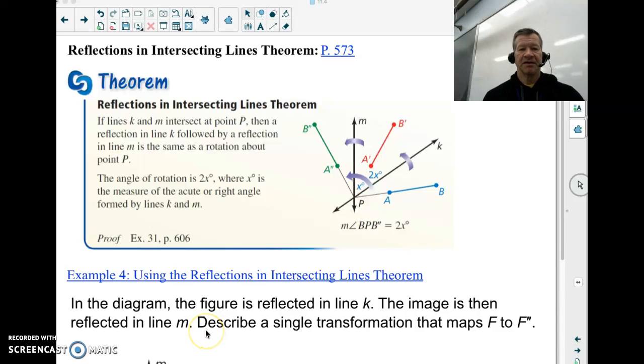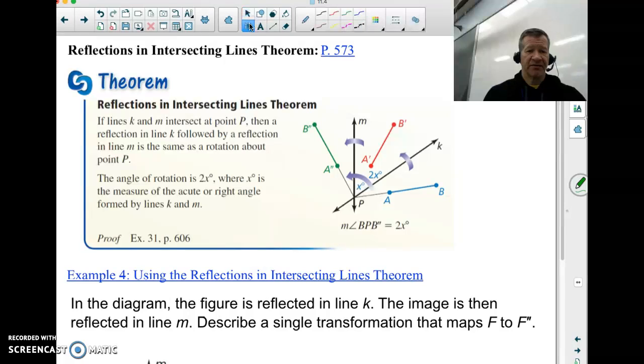All right, our final example in section 11.4. We've talked about what happens when we reflect figures in parallel lines. Now what about when we reflect them in non-parallel lines, or intersecting lines? So if I look at this right here, I'm going to read this together with you, but more importantly, look